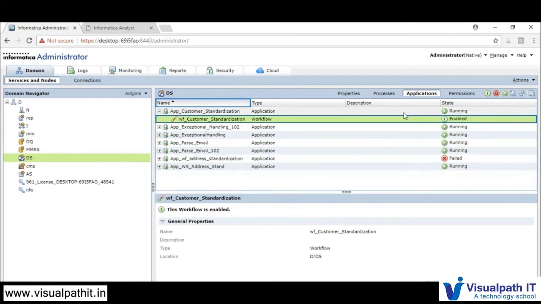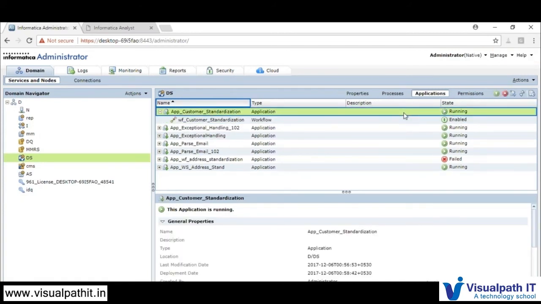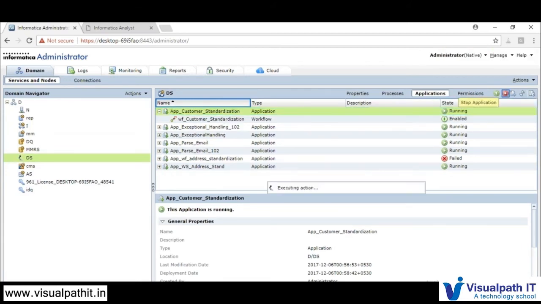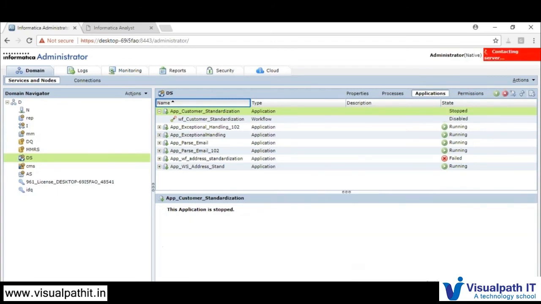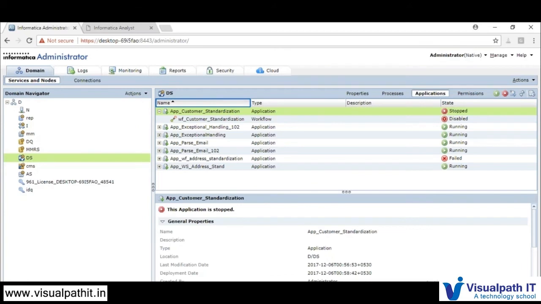And whenever you do not want to use this workflow anymore, you just go to it and click on stop application. So the code will still be there in your developer tool, the metadata information is available in your repository, and the application details are available under your data integration service, but you are not able to run or schedule the job.